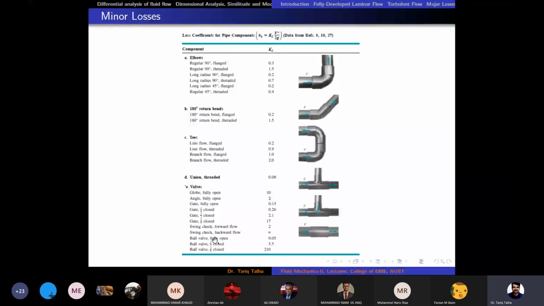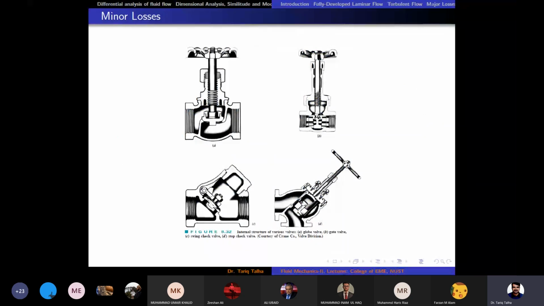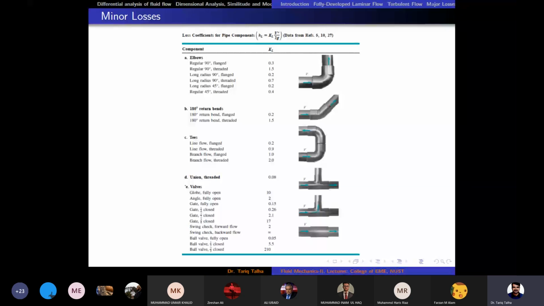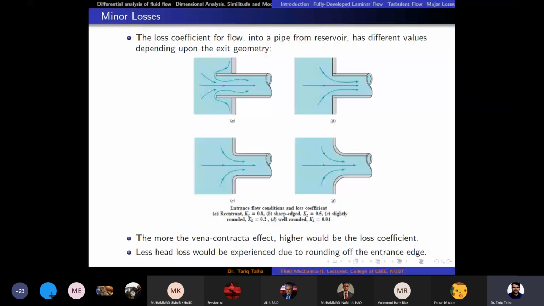So the KL value, and I would reiterate that all these values are determined by the conduct of the experiment, right? Now, if there is any query, you can ask. Otherwise, we can continue with some numerical problems to elaborate how to calculate the minor and major losses for different kinds of piping systems. If there is any query from the theory we have covered up till now in this lecture, you can ask. Otherwise, we can start doing some numerical problems.